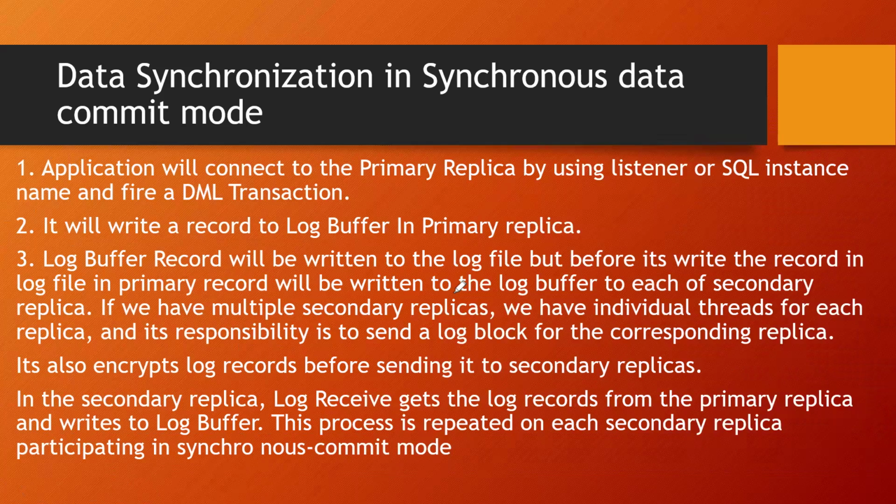It also encrypts the record before sending to the secondary replica. In the secondary replica, what will happen? The log receiver gets the log record from the primary replica and writes it to the log buffer. This is repeated on each of the secondary replicas